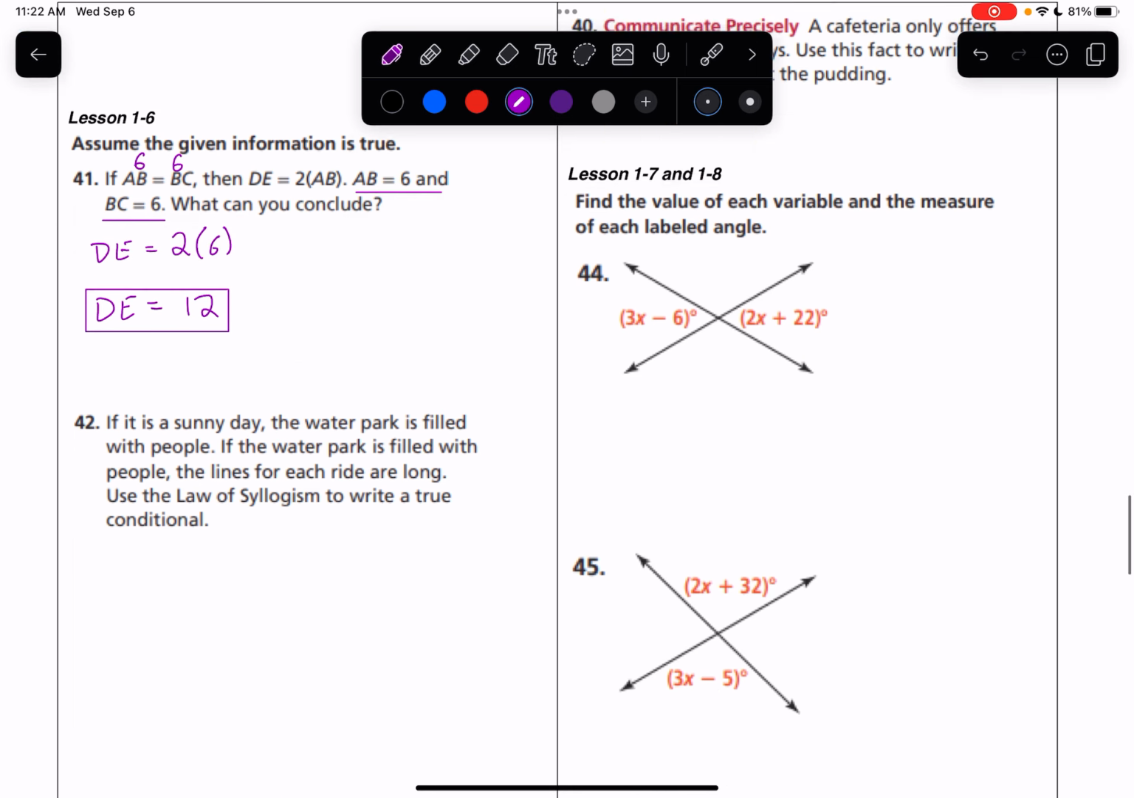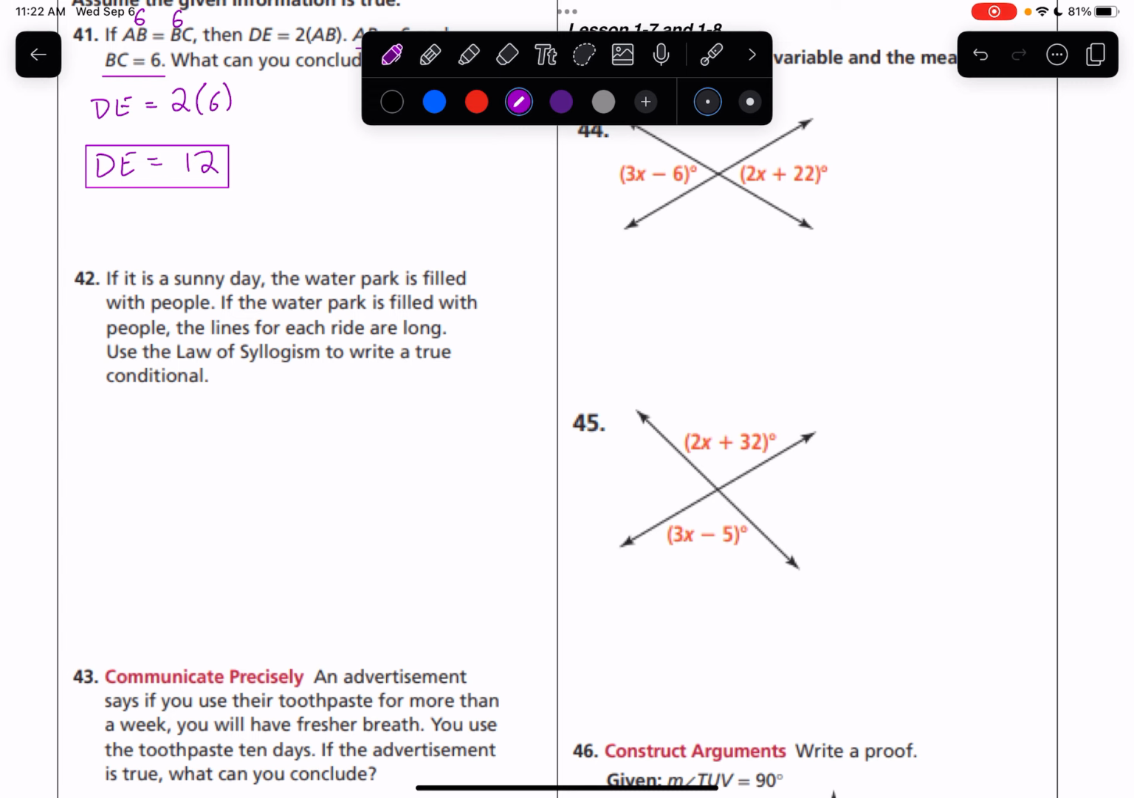Number 42. If it is a sunny day, the water park is filled with people. If the water park is filled with people, the lines for each ride are long. Use the law of syllogism to write a true conditional. Well, the conclusion of my first statement is the same as the hypothesis of my second statement. So I can use the law of syllogism to take out that statement and just use the first hypothesis. If it is a sunny day,